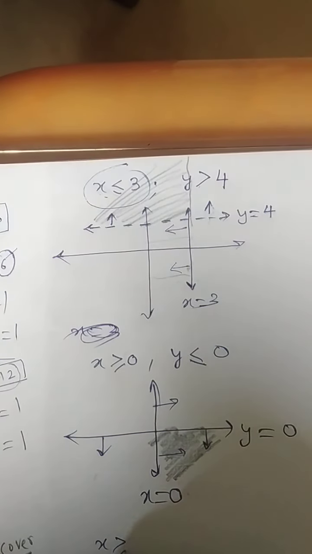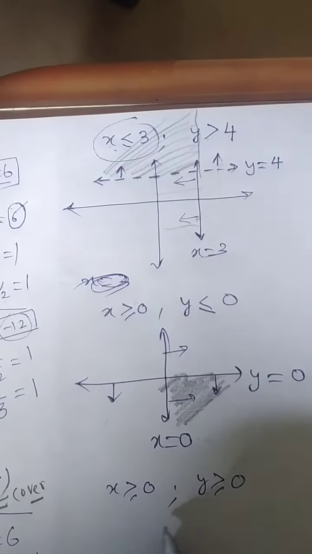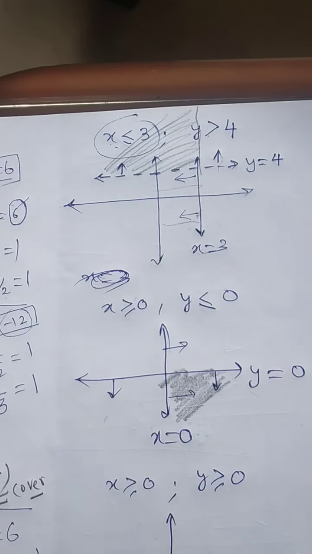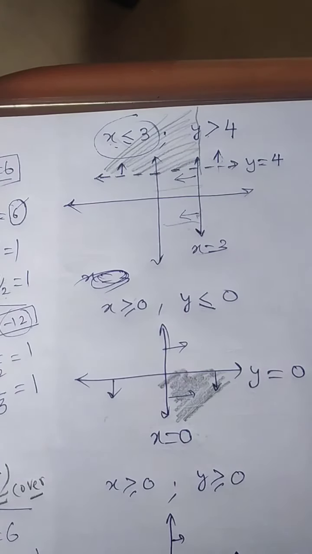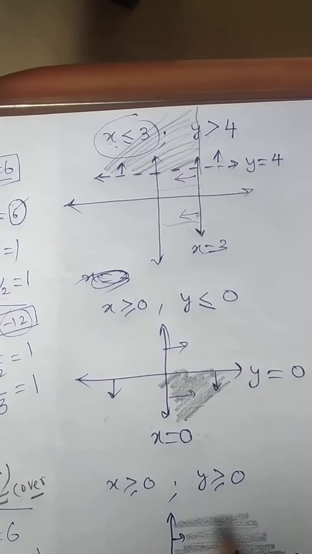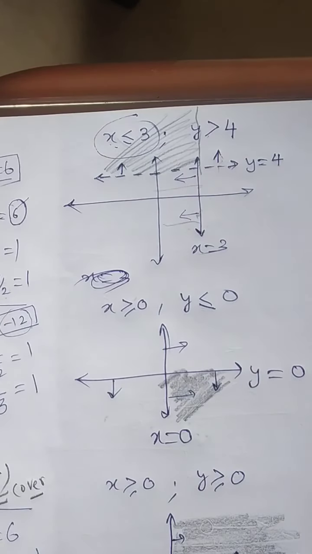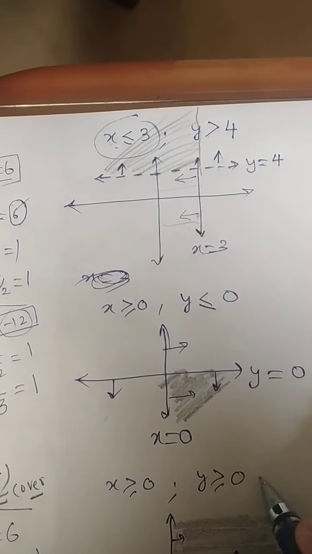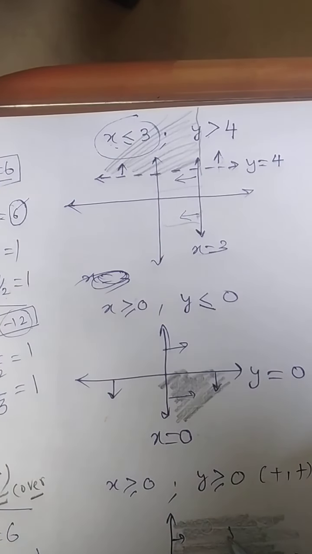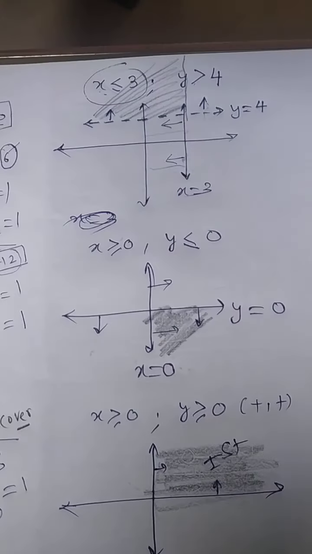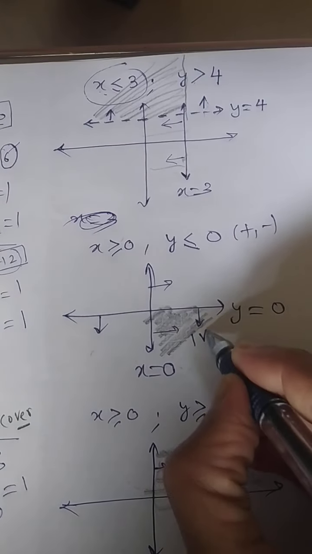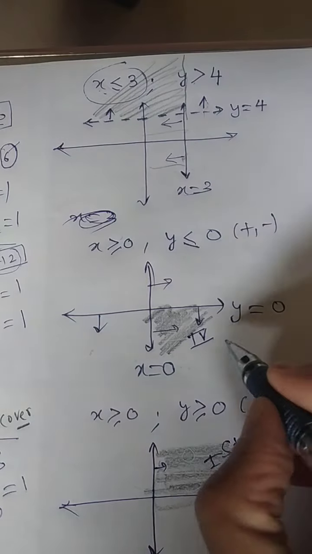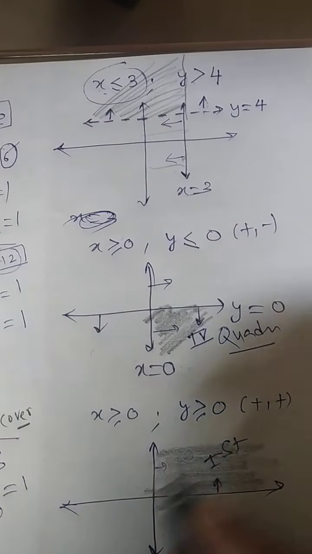If it is asked x is greater than 0 and y is greater than 0, plot this graph quickly. I am going to tell you the final solution. Where will be the solution? Are you getting? This is the solution. Okay. Now the simple logic of answering this question. X is greater than 0, y is greater than 0 means x and y both are positive. Means first quadrant. Here x is positive and y is negative. It is in the fourth quadrant. Check. So this is direct looking at this one. Are you getting? But you should know that also.